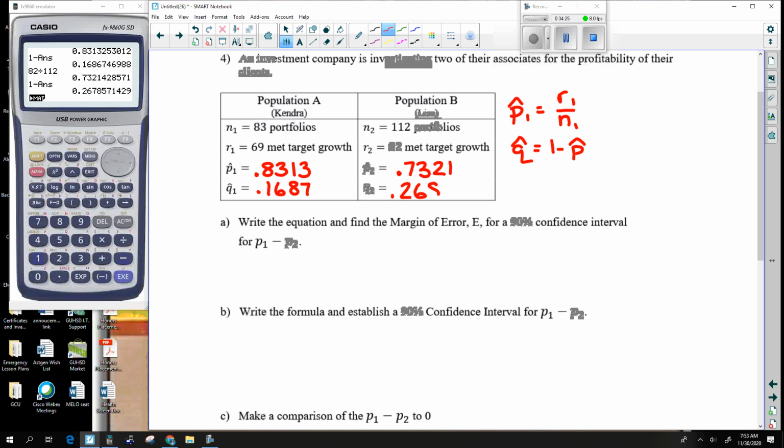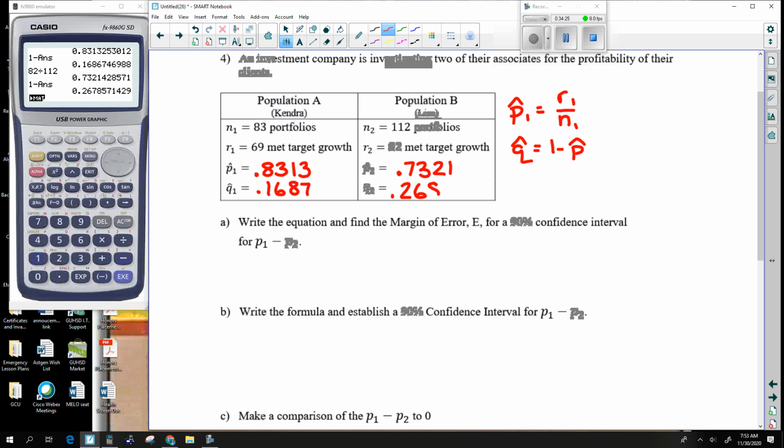So literally what I do is I go p hat 1 times q hat 1 divided by n1 plus p hat 2 times q hat 2 divided by n2. Okay, that gets you the inside. Square root that answer, because it's inside of a square root, and then take that answer and multiply by ZC,